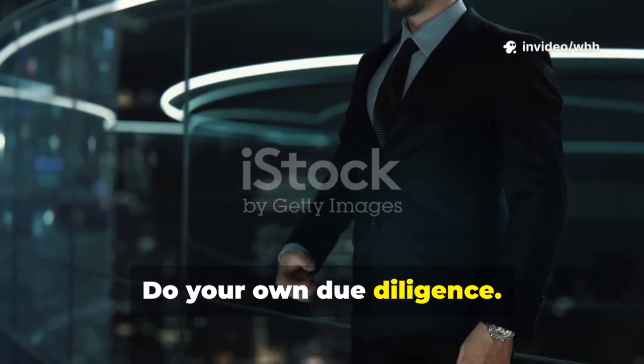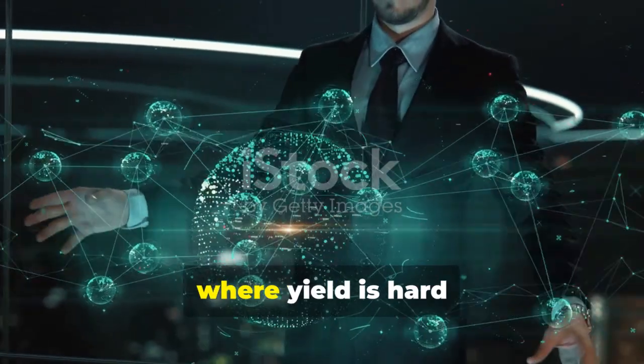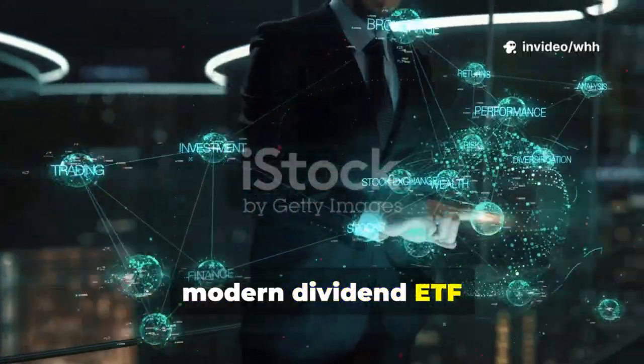Do your own due diligence, understand the risks, especially with BTCI. But in a market where yield is hard to find, NEOS might have built the most modern dividend ETF portfolio